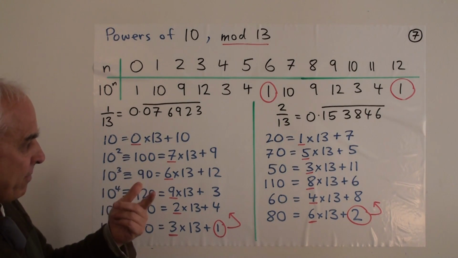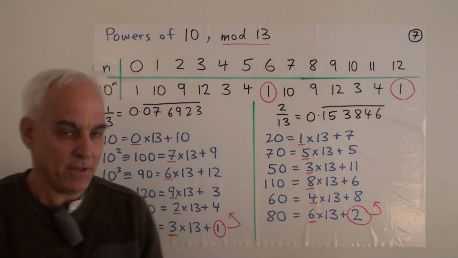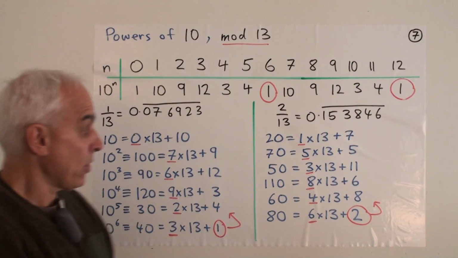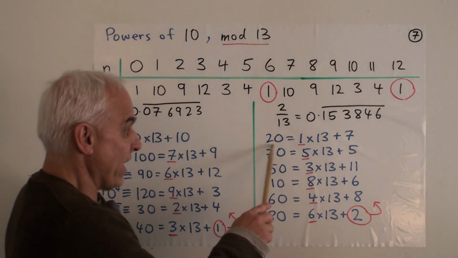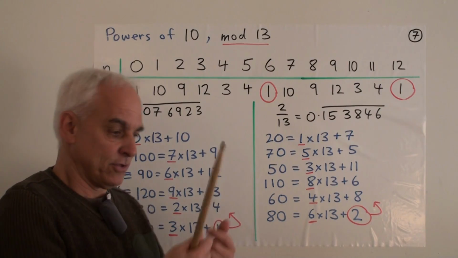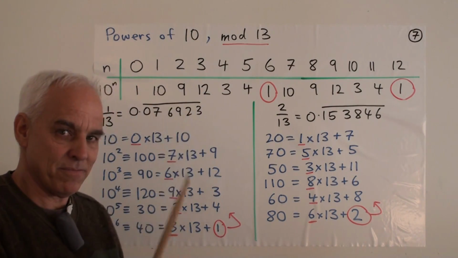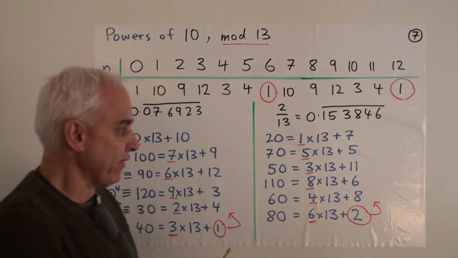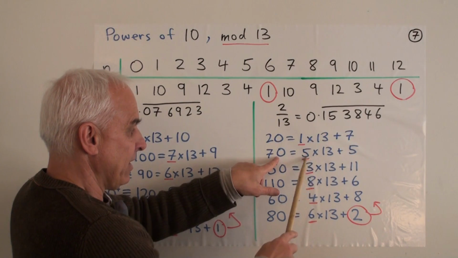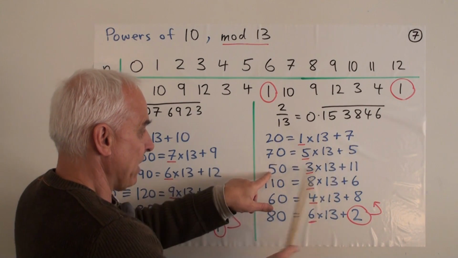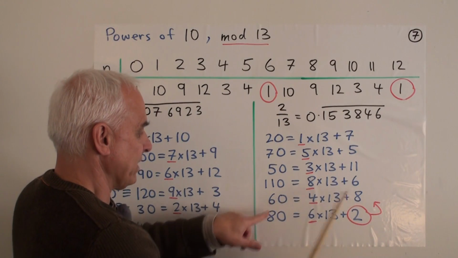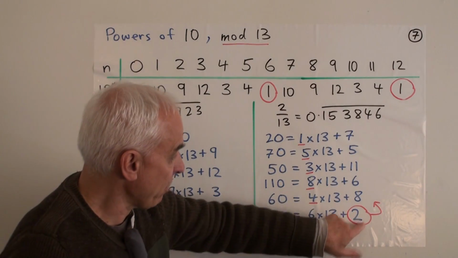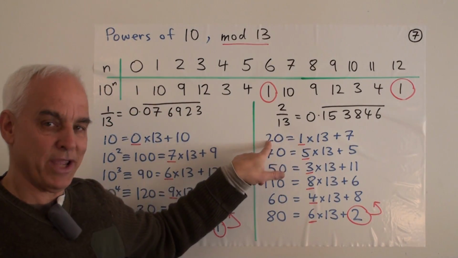What about the other camp, say represented by 2 over 13, where we get a quite different sequence of digits? Well, it's a similar story. We start with 20 now because we're dividing 2 by 13. So 2 does not divide, but if we take another power of 10, we get 20, and we can find some 13s in that. It's 1 times 13 plus a remainder of 7. And then multiplying by 10, 70 equals 5 times 13 plus 5. Multiply by 10, multiply by 10, multiply by 10. Finally, 80 equals 6 times 13 plus 2. And at that stage there, we're back to where we started. If we multiply by 2 again, we're back there.